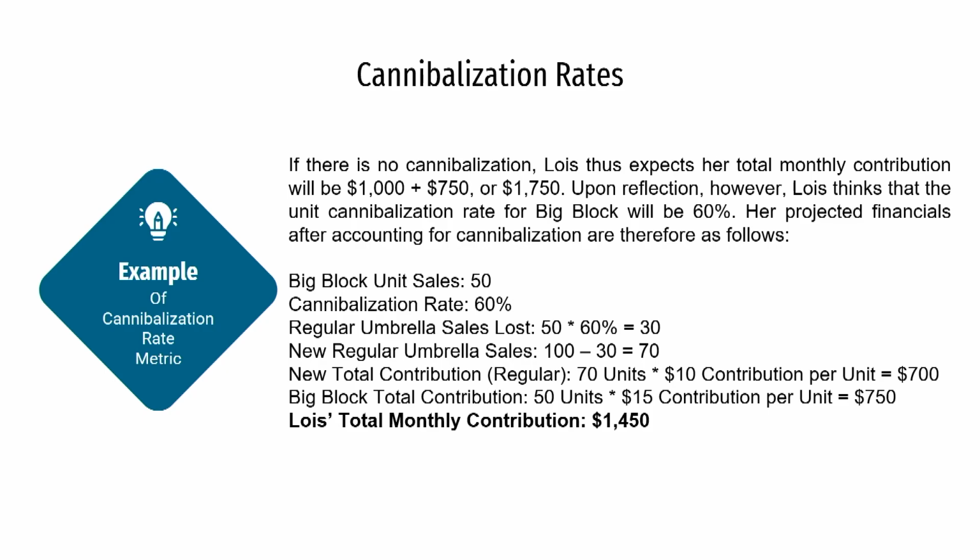What we have understood from this particular metric is that it is an important metric and it is inevitable. Cannibalization will happen. We should not consider it as a negative metric. The only thing that we need to do is anticipate. Whenever we are introducing a new product in the market, we need to understand that some of our existing set of products which are solving similar kinds of problems will be cannibalized. That is perfectly okay. We need to work on the finances.